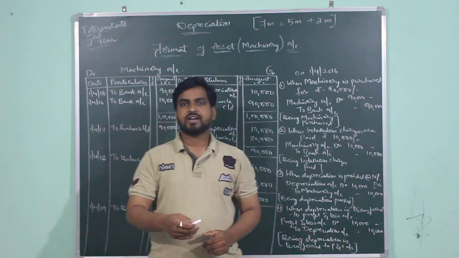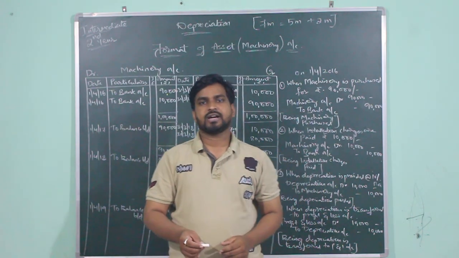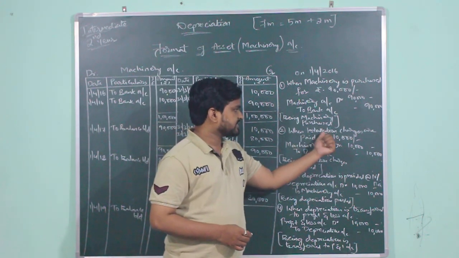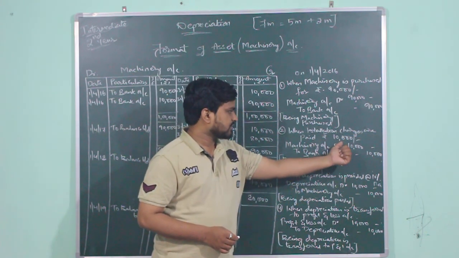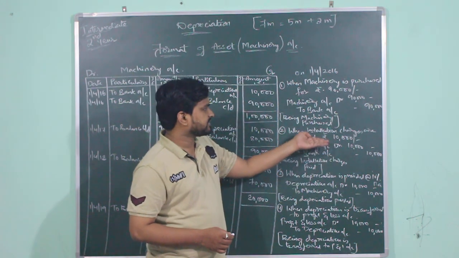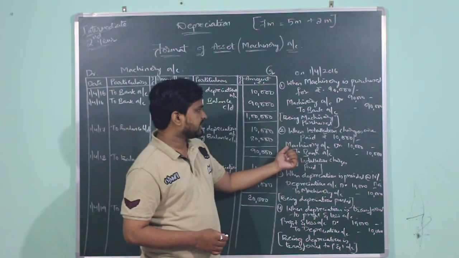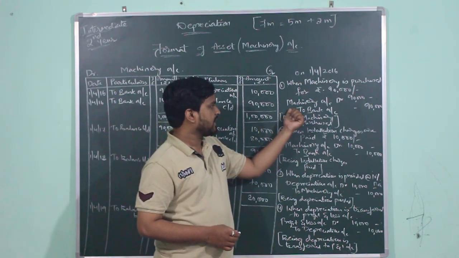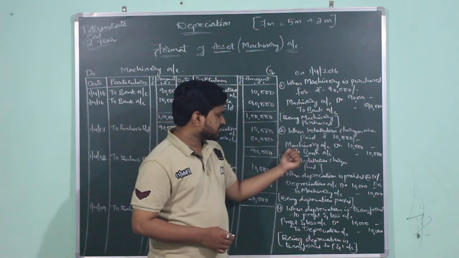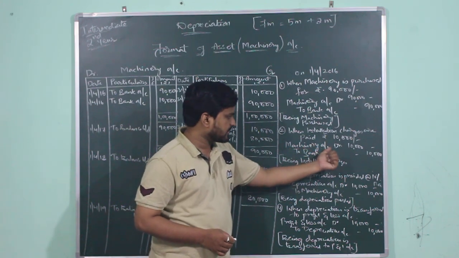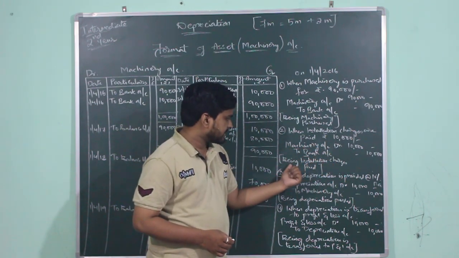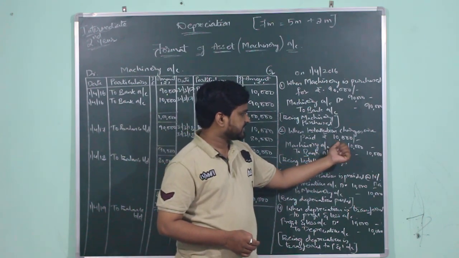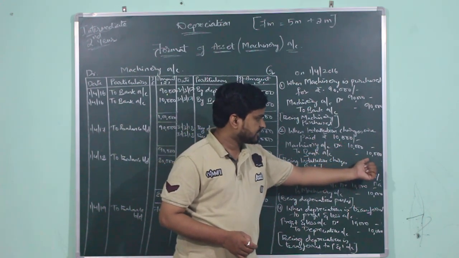Next, when we have purchased the asset, we may also incur expenditure on installation. So the next transaction is when installation charges are paid, rupees 10,000. As we are paying the installation charges on the machinery itself, the entry will be the same: machinery account debit to bank account, and the narration will be installation charges paid, with 10,000 on the debit side and 10,000 on the credit side.